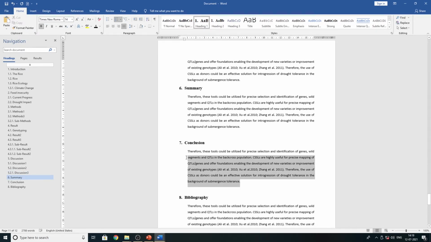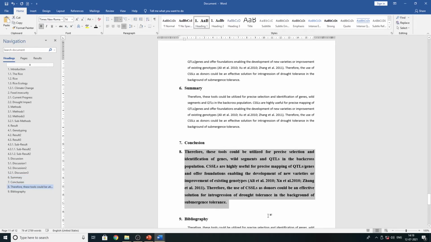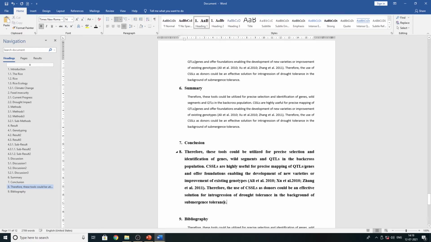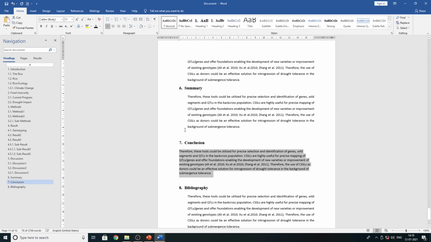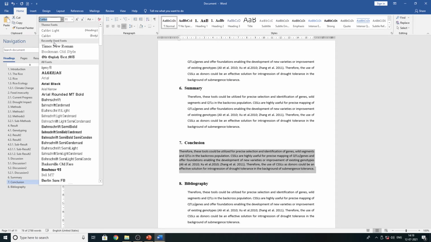Sometimes what happens, you will see one arrow there, by mistake. See, one link is over there. See, all this numbering you mention as a heading number. Sometimes your whole text is linked with this heading. In that case, what you have to do is click on that one and select all this text. You have headings highlighted like this. Then click on Normal. Once you click on Normal, then you change your style as per your rules.